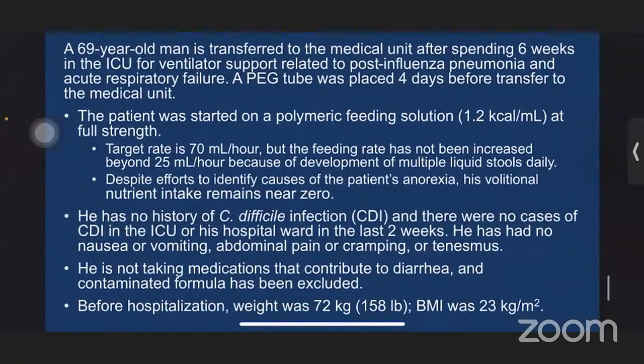A 69-year-old man is transferred to the medical unit after spending 6 weeks in the ICU for ventilator support related to post-influenza pneumonia and acute respiratory failure. A PEG tube was placed 4 days ago before transfer to the medical unit. And the patient was started on polymeric feeding solution at full